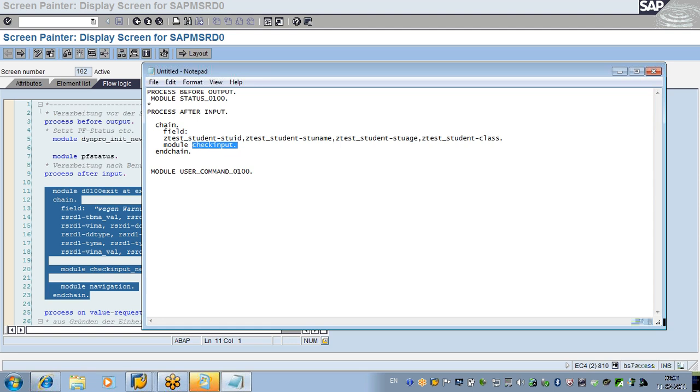So once you do this, what will happen? In the I01 include, a module will be created. You will get module check input. This will come. In the module check input, what code do you need to write? The coding is